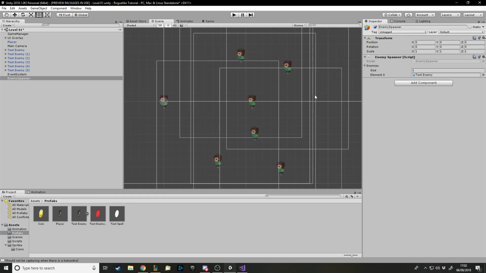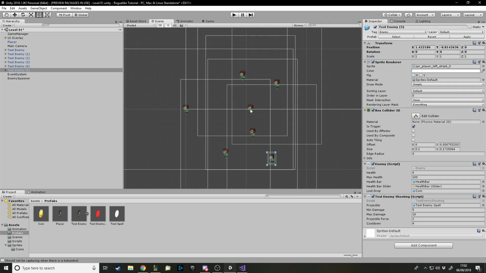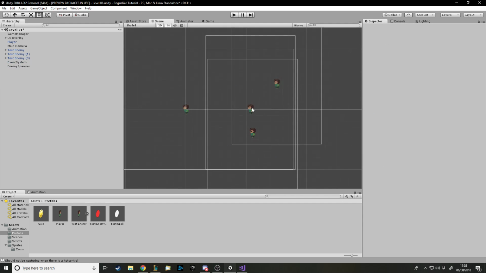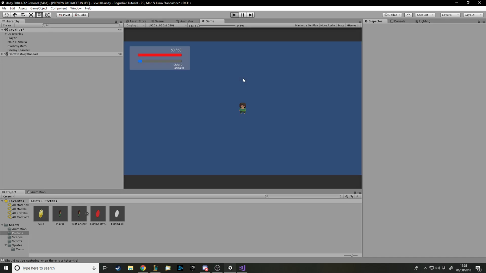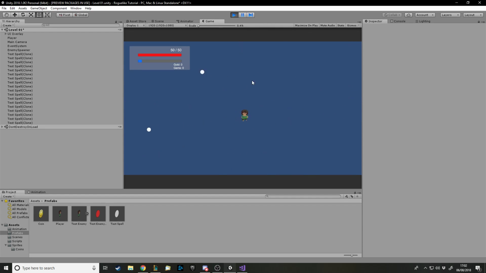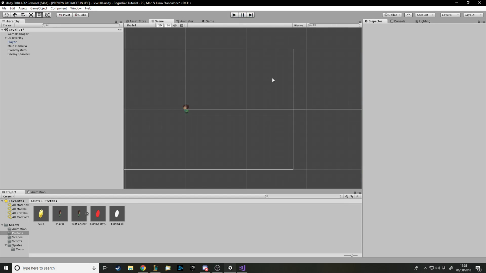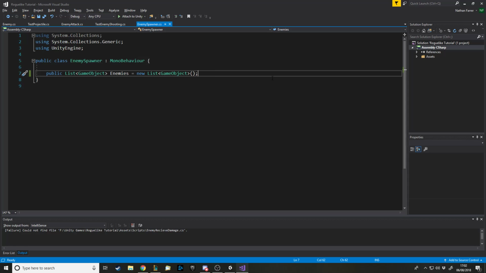Now, let's get rid of all these guys. Okay, so now there is nothing in the scene, nothing to do. We want these enemies to basically appear. We'll add spawning animations in an upcoming video. So what we can do is we can say